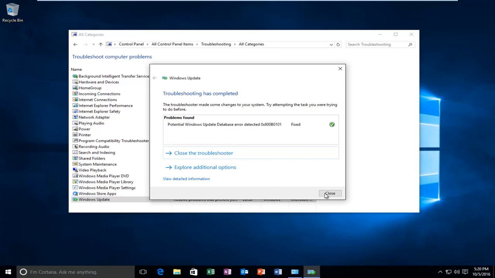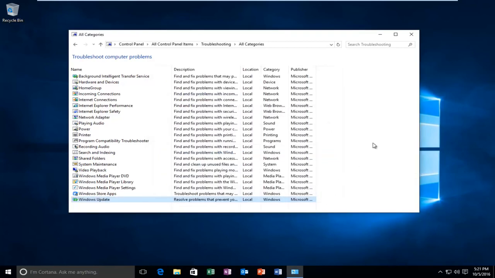At this point, you want to left click on Close once the troubleshooter has finished running,